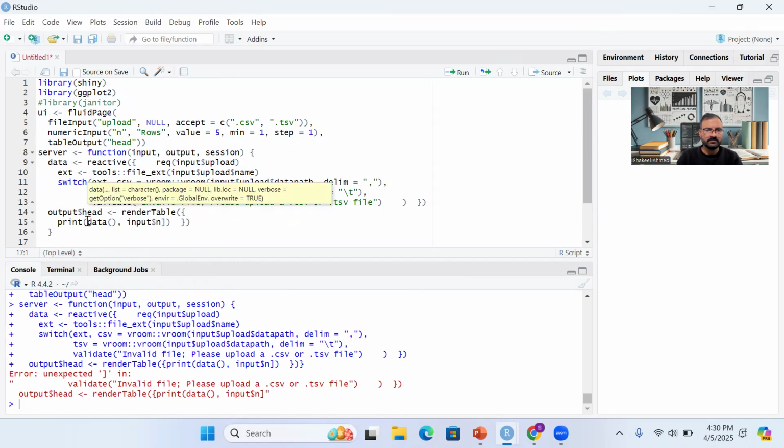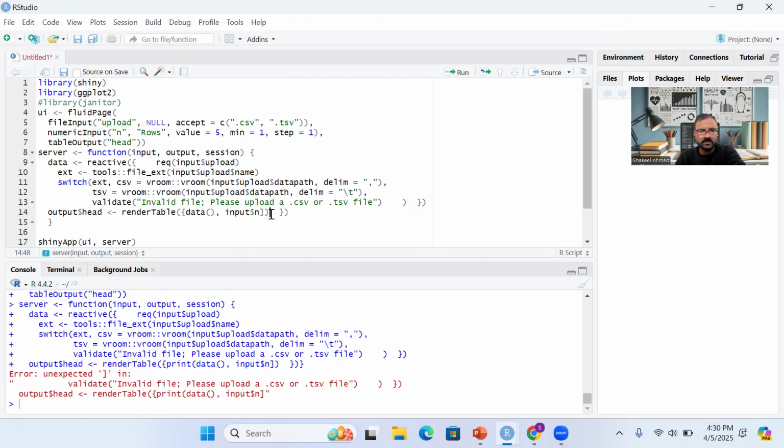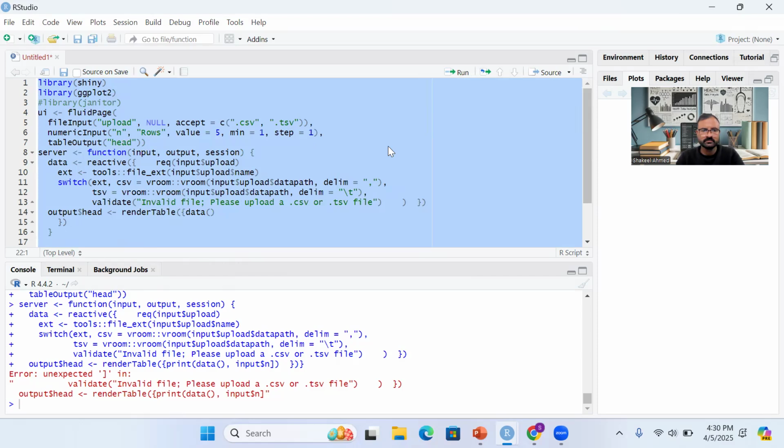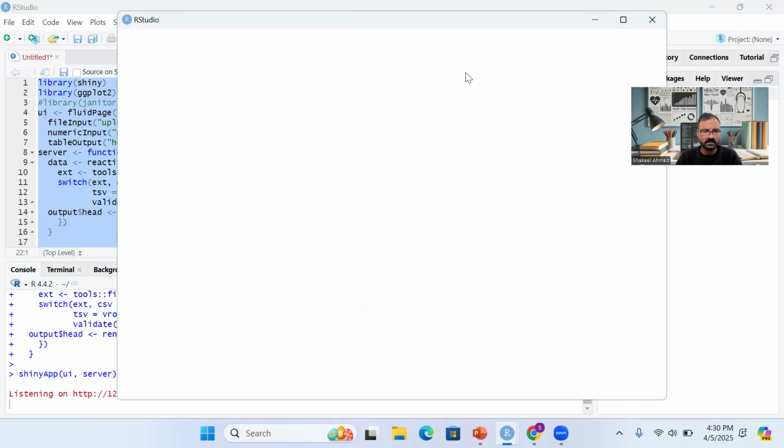And within the render table, you can just keep the data. Let's see